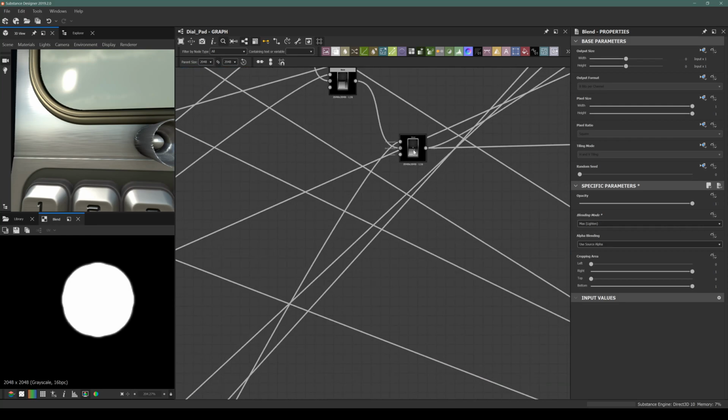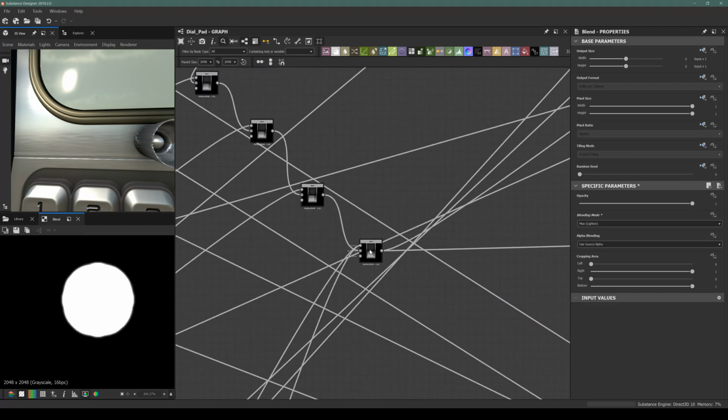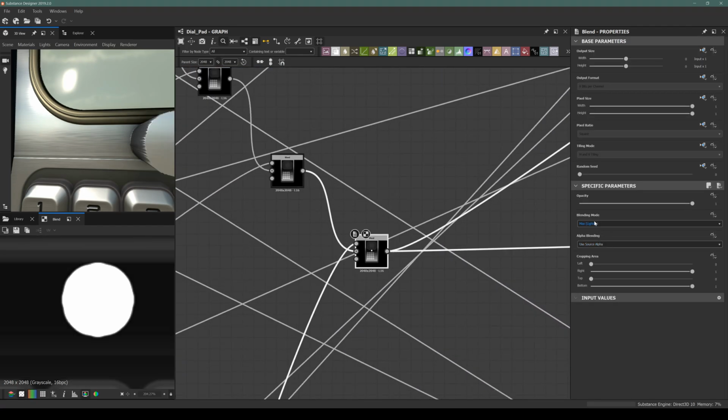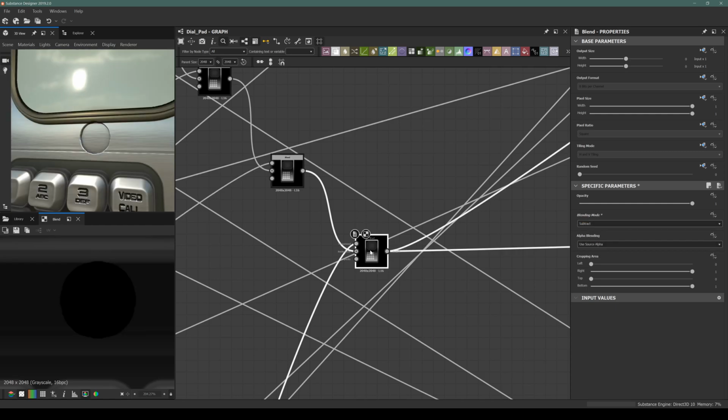Now I will just use this mask to subtract from the final result of our